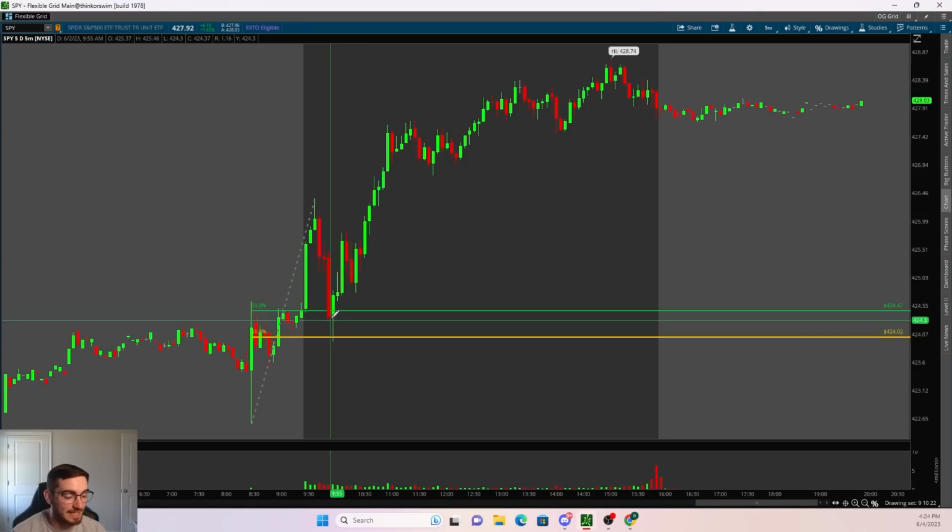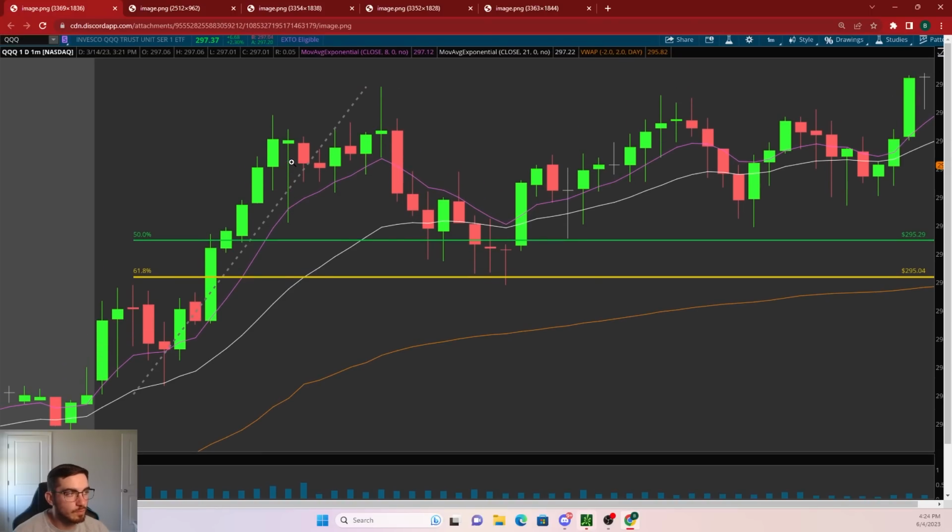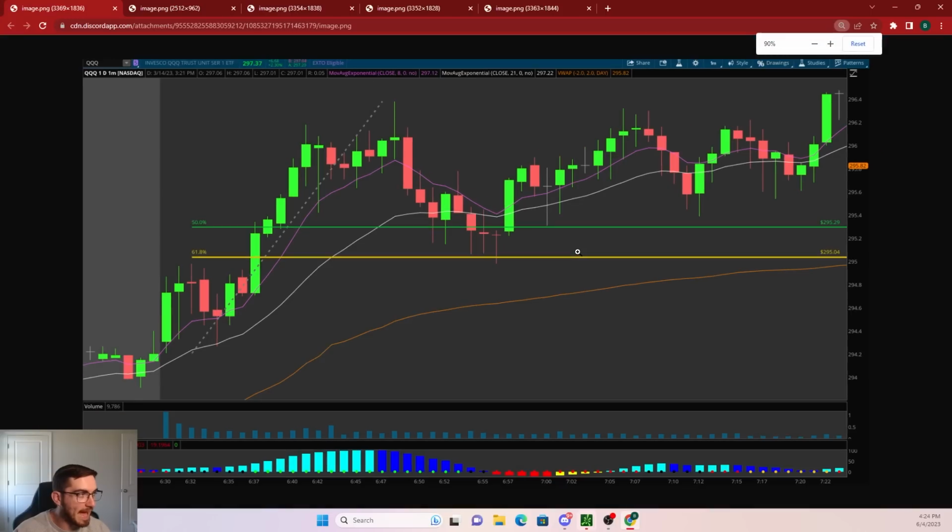Again, with Fibonacci, it tells you the exact level to watch for bounces and rejects, therefore giving you almost a perfect entry if you know what to look for. So now we can look at Fibonacci examples from the past. Looking at this QQQ example, this was the lowest point of the day all the way up to the highest point of the day. Once price bottomed out right here and started pushing to the upside, you know that is your low point. As price topped out right here and pulled back, that's when you can draw your Fibonacci retracement from low to high and watch price as it starts pulling back towards the 50 and the